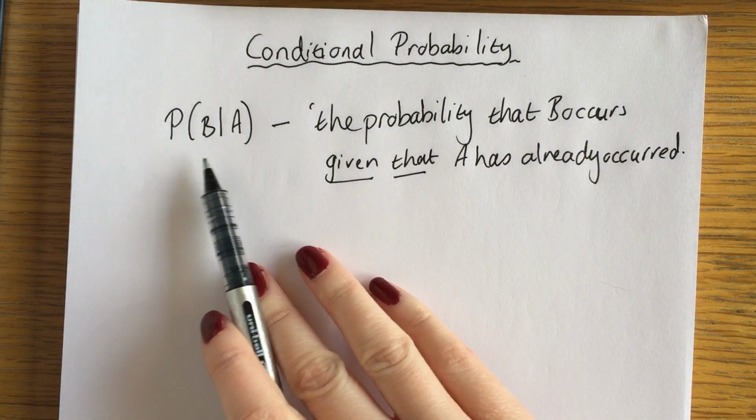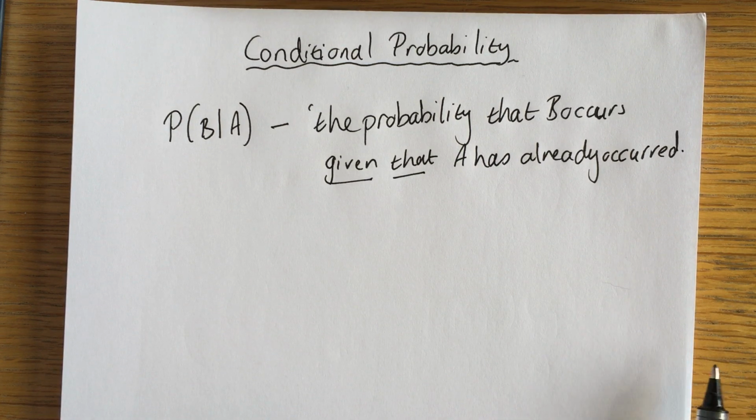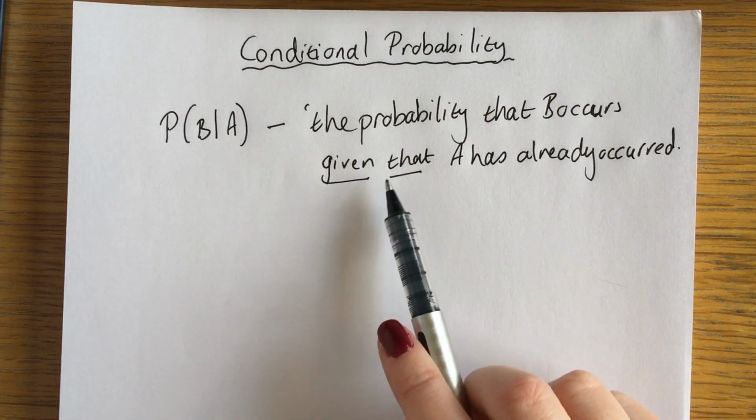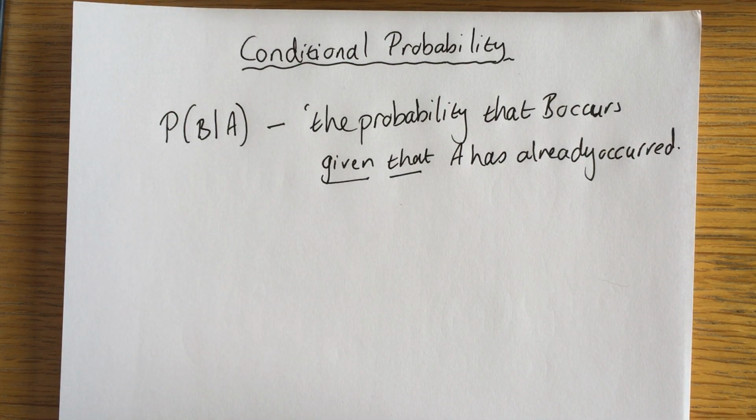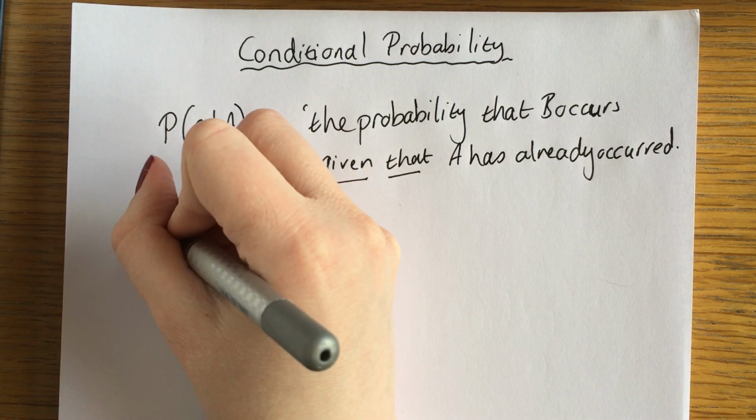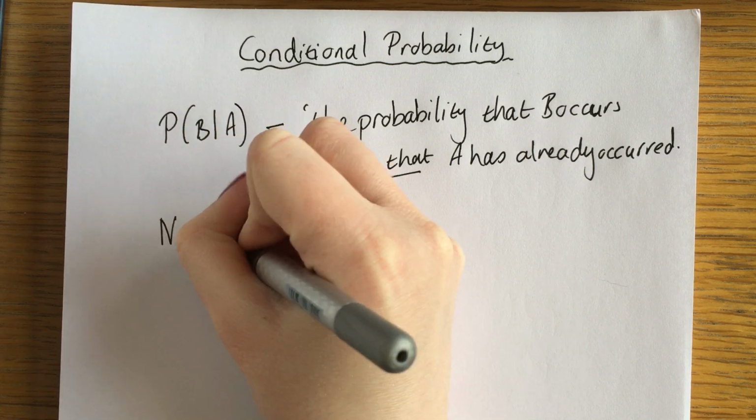So this means B given A. So the probability that B occurs given that A has already occurred. Now we can use this for independent events as well. So a new rule for independence,